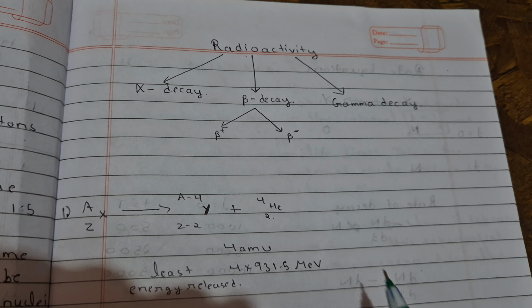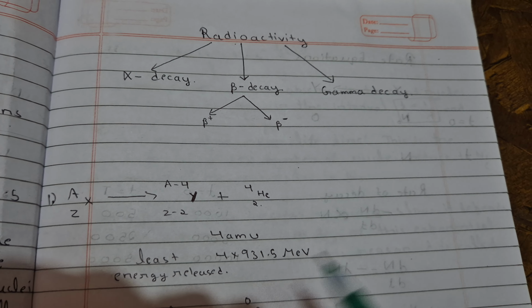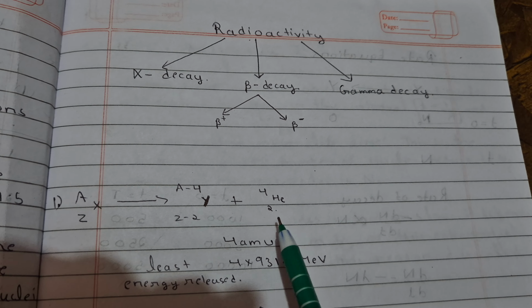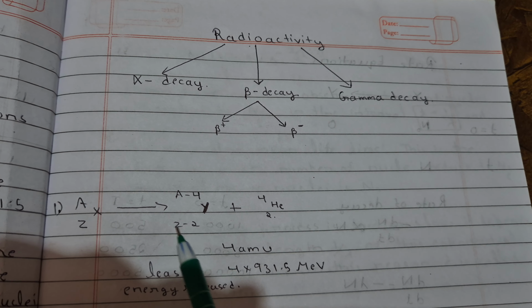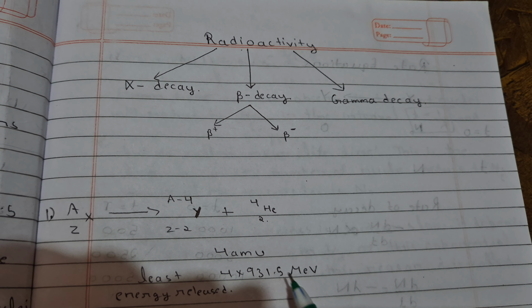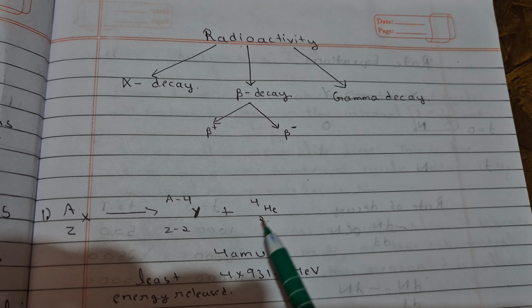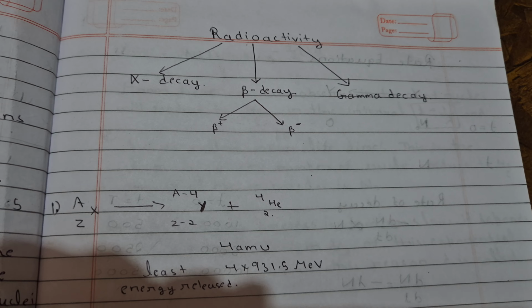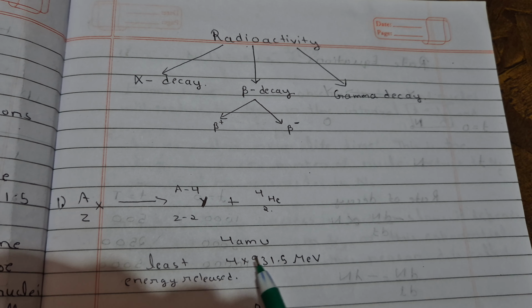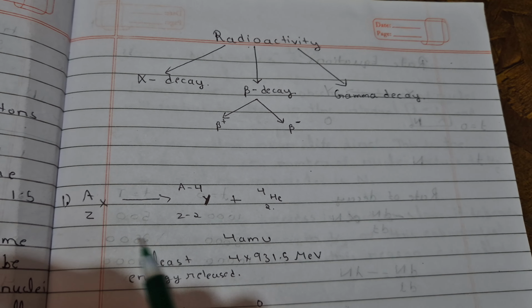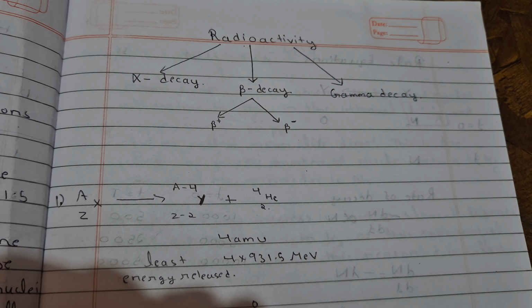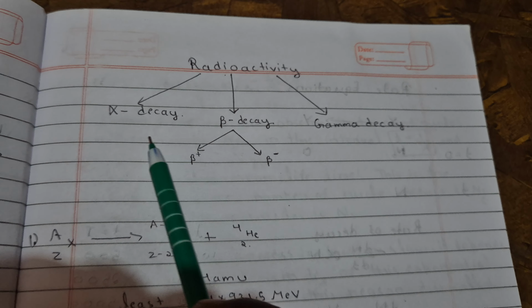you will have alpha decay. Alpha decay is nothing but helium nuclei being emitted. So this A X Z will turn into A minus 4 and Z minus 2. The helium nucleus carries a huge amount of mass, 4 atomic mass units, and this will give a very big energy. So this much energy will be released, and that's how it comes to its stable state from the excited state through alpha decay.